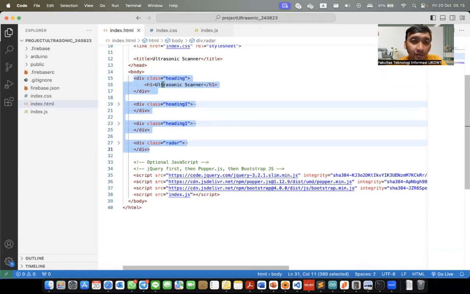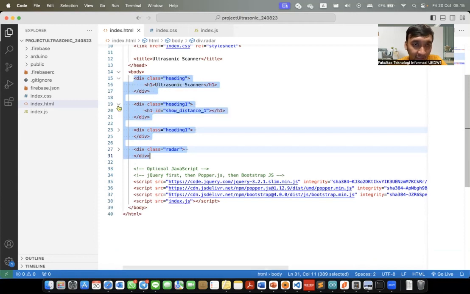The first is to write the ultrasonic scanner title, and the second is to show the distance measurement from the sensor. The sensor sends the value to Anto, and our website can subscribe to the distance value from Anto and show the value in this part.